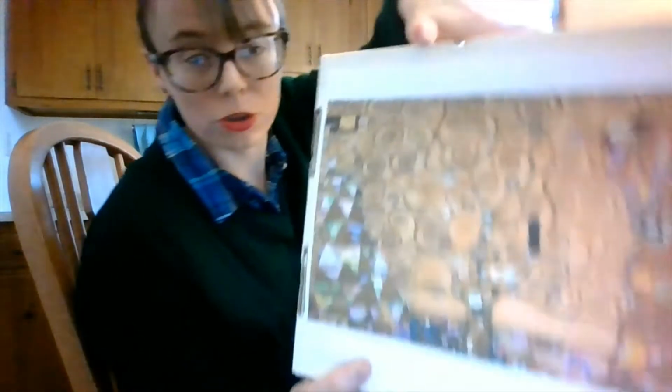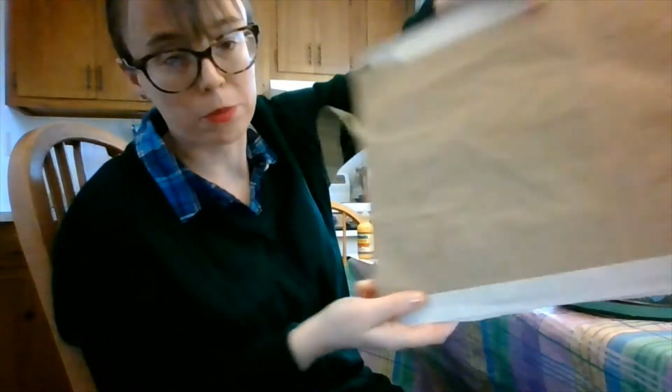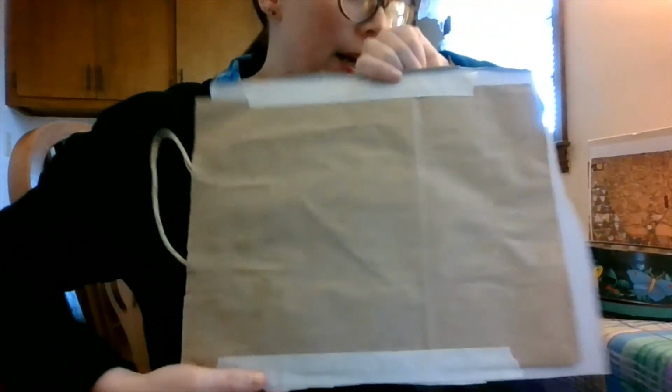Gustav Klimt's The Tree of Life, which I have here standing up on this box. For this project you will need a brown paper shopping bag that's been cut or folded so it sits flat. Here I have one side of a brown shopping bag taped to some cardboard so that it stands up on